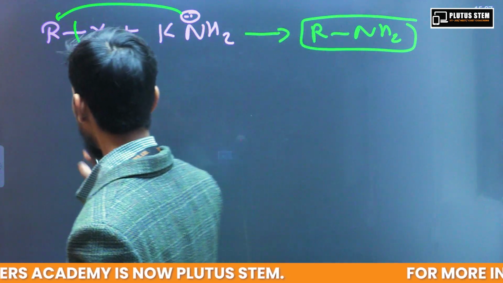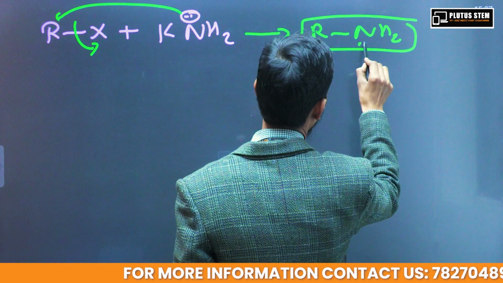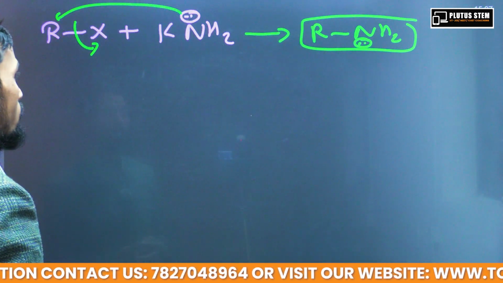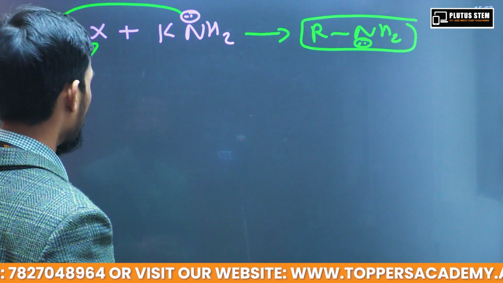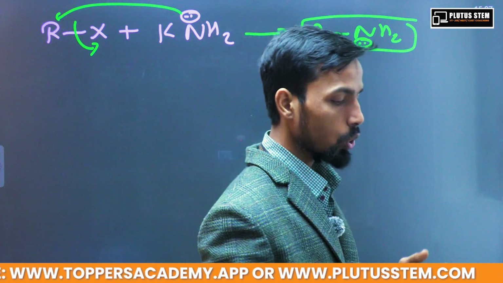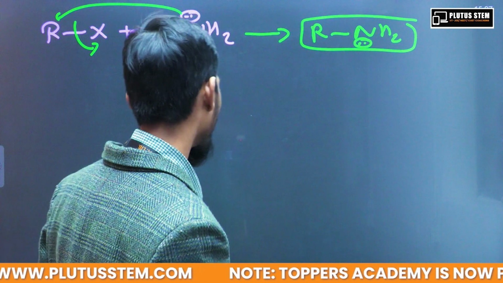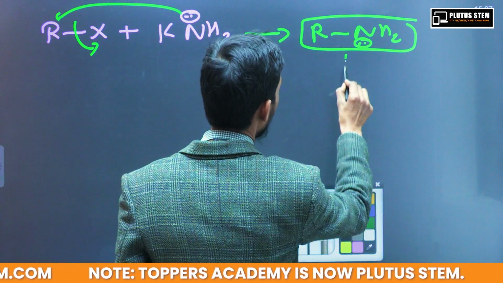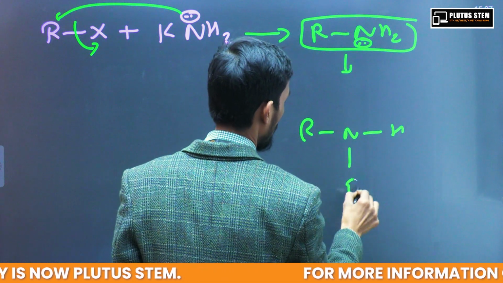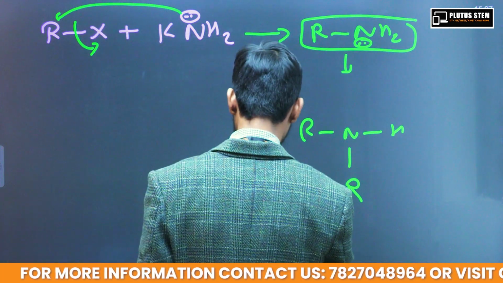So as we know, some more RX is also present over here, and this lone pair can attack on more RX. This R is there, so with this KNH2 there will be some more attack. We are going to visualize some more attack with this R, and we will get a product like RNH2. So in this, if it again reacts with RX,